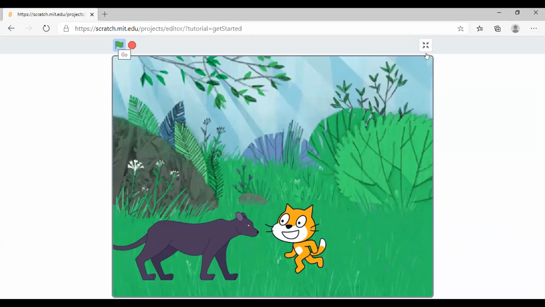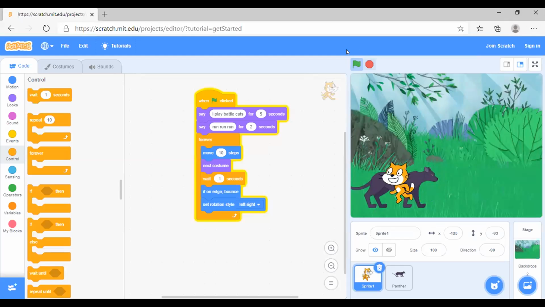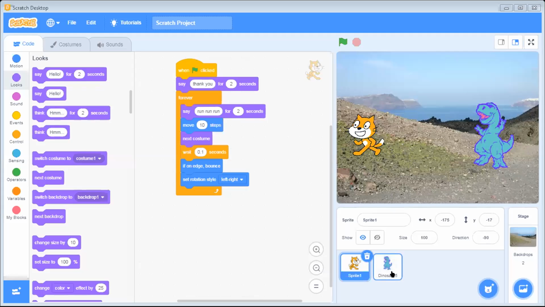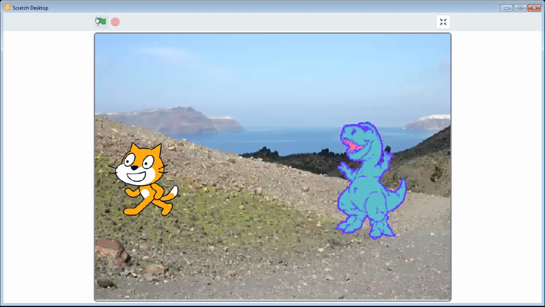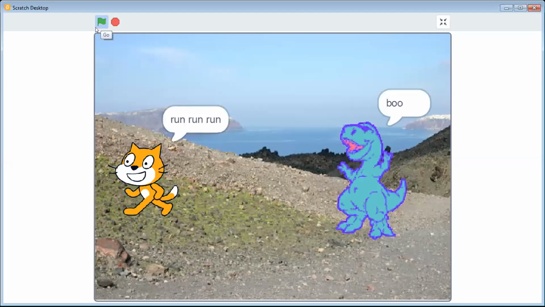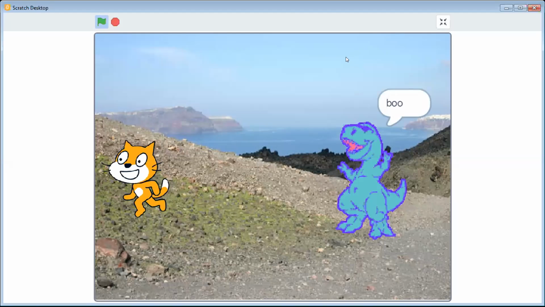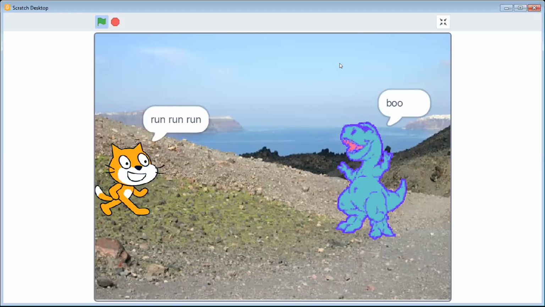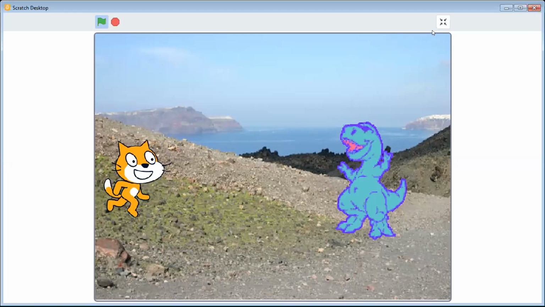Okay, Agam, please share. Stop sharing. Sir, it looks better if we wait for 2 seconds before the cat says run, run, run. Okay, but Rohan wanted to wait longer. That's okay, all right. Okay, Agam, can you show me again? Okay, thank you. All right, ooh, okay, run. Okay, now let's go and improve our code.